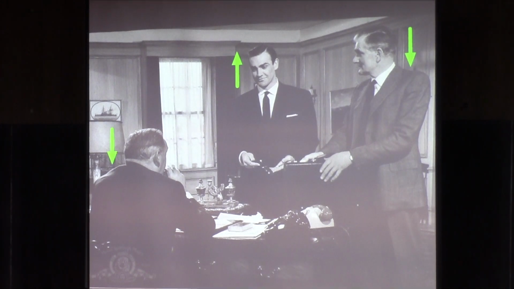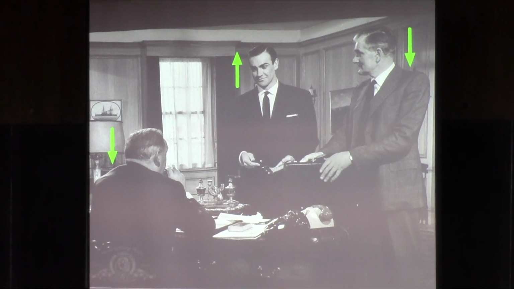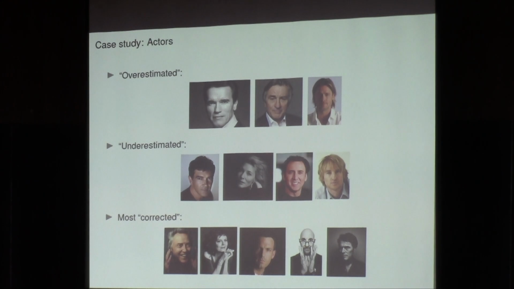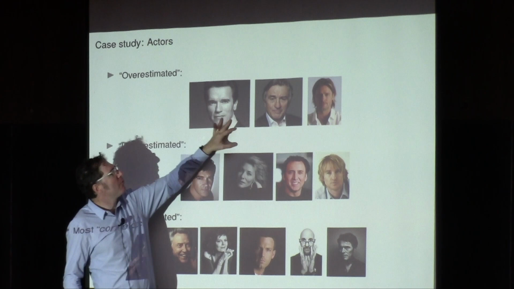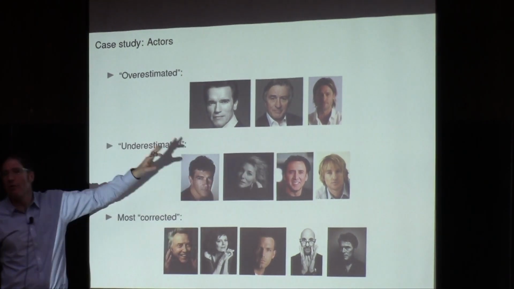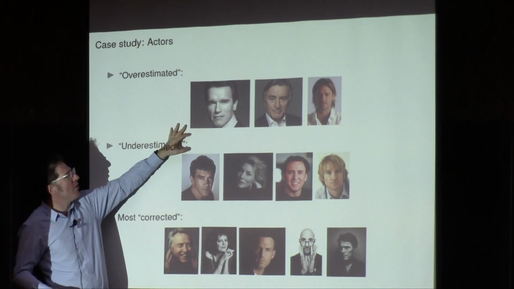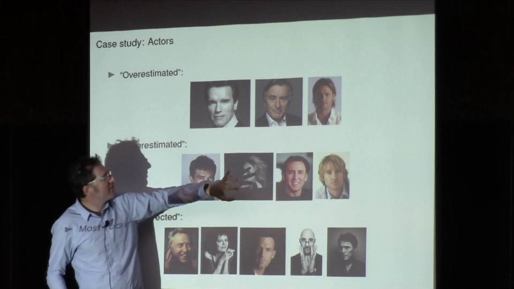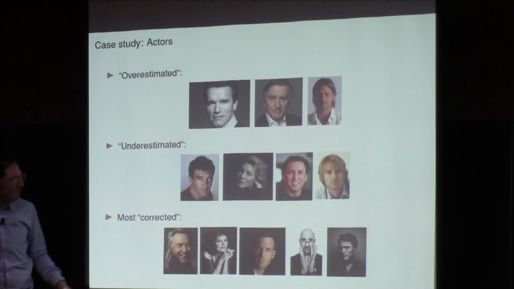Okay, and it works. Right? So we do this, and the value of M and Q goes down, and the value of Sean Connery goes up. Okay, and so if you get this paper for review, Chris, you need no further evidence than this that it works. Okay, and we applied it to this goofy data set and found that people like Arnold Schwarzenegger and Robert De Niro and Brad Pitt are overestimated actors. They tend to appear in movies that are going to make a lot of money anyway, and so we overestimate their worth. Antonio Banderas and Cate Blanchett and Nick Cage and Owen Wilson are underestimated, and